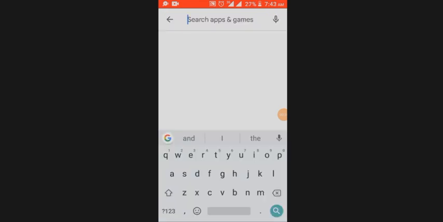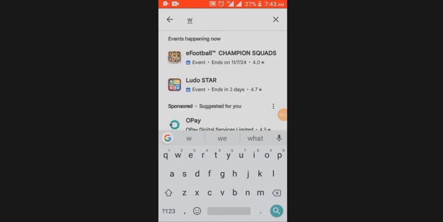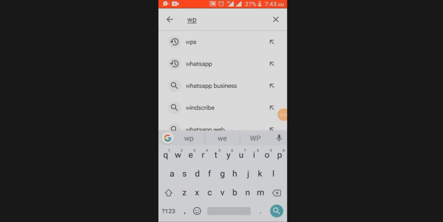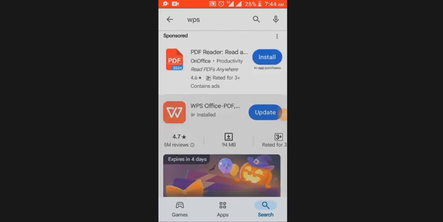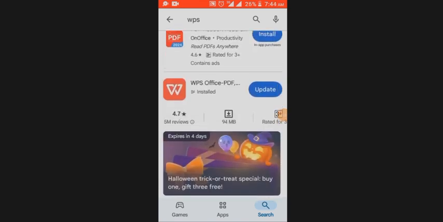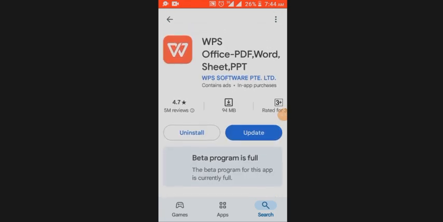Now in the Google Store, go to the search button and type WPS, which stands for Writer Presentation Spreadsheet. Then you click on the search button. So as you can see, the application is already downloaded in my phone. So all I need to do is to update. Then after updating,